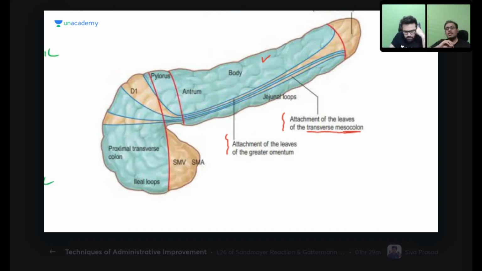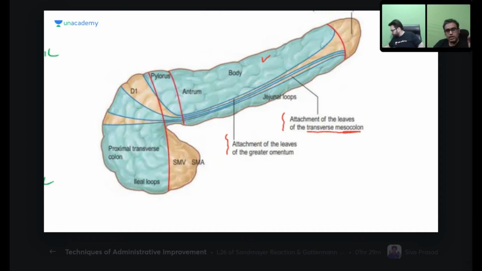Its root is attached to the pancreas, also to the duodenum, and goes up to the lower pole of the left kidney. So, as we know from peritoneal spaces, above the root of the transverse mesocolon we call it the supracolic compartment, and below we call it the infracolic. If the question comes, the pancreas lies in which compartment? Without a doubt, say both supra and infracolic compartment. Or if they ask you the uncinate process, in which compartment? Infracolic compartment. So one thing is this, supra and infracolic compartment.